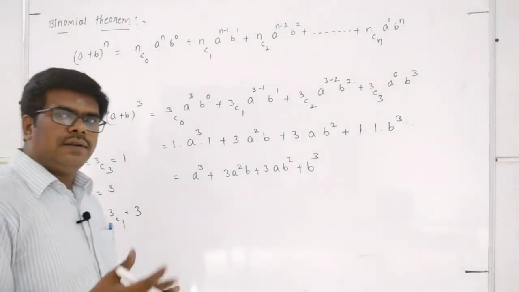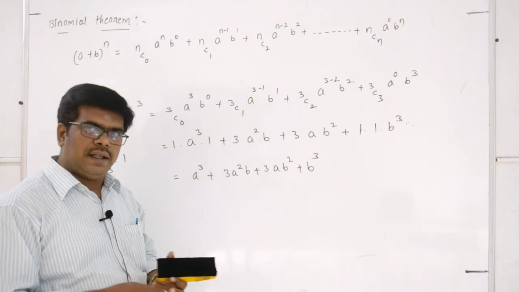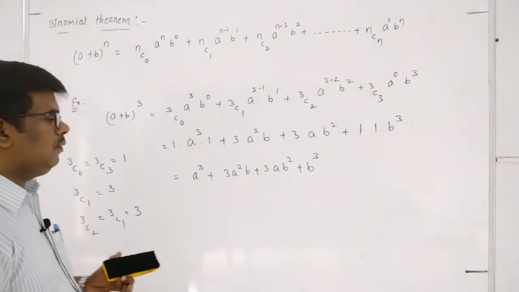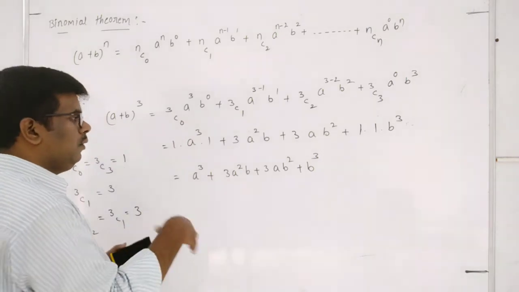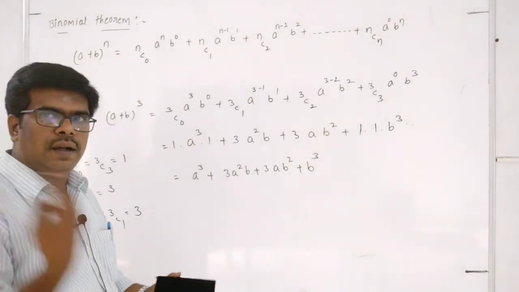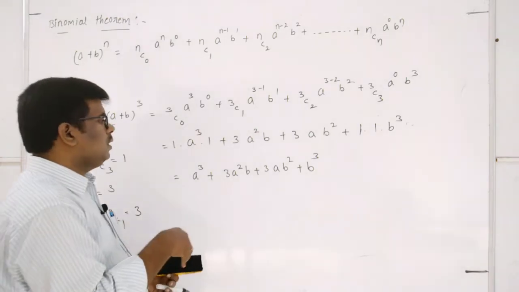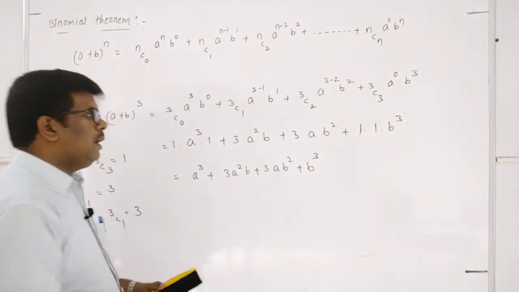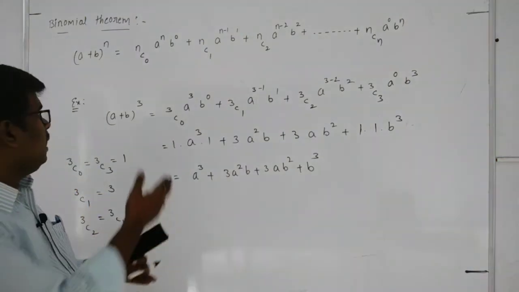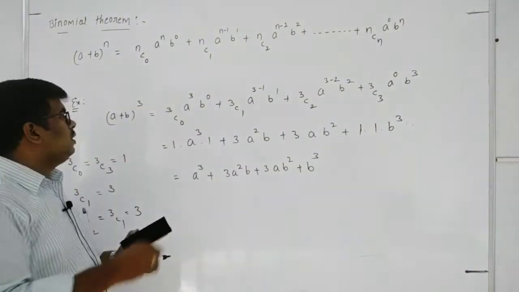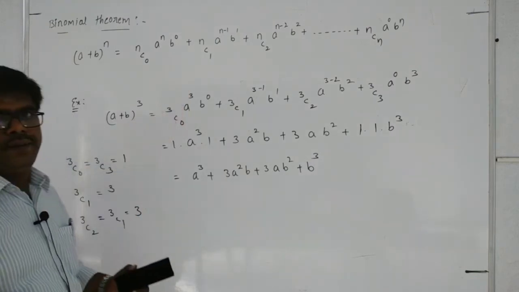So like that you can also find the formula for (A plus B) whole power 4 or (A plus B) whole power 6. If you want to know the expansion simply, and you do not remember the formula, because sometimes you memorize it and cannot remember it, then if you know how it comes, you can use the method and get it. So this is the way you can expand (A plus B) whole power n using the binomial theorem.